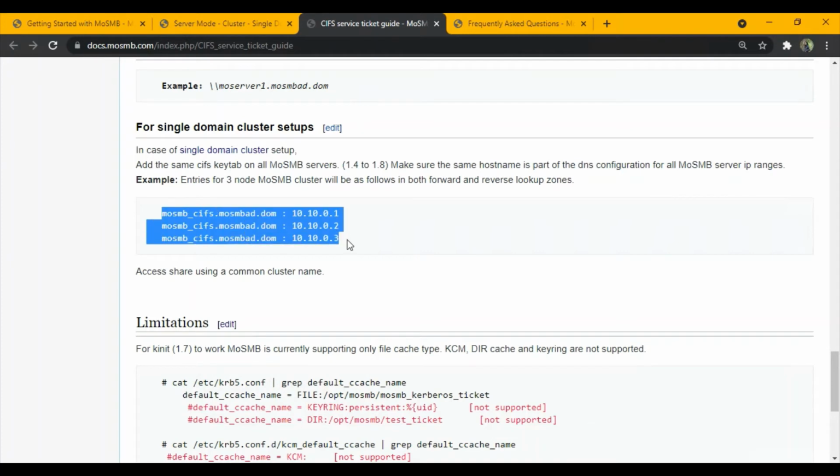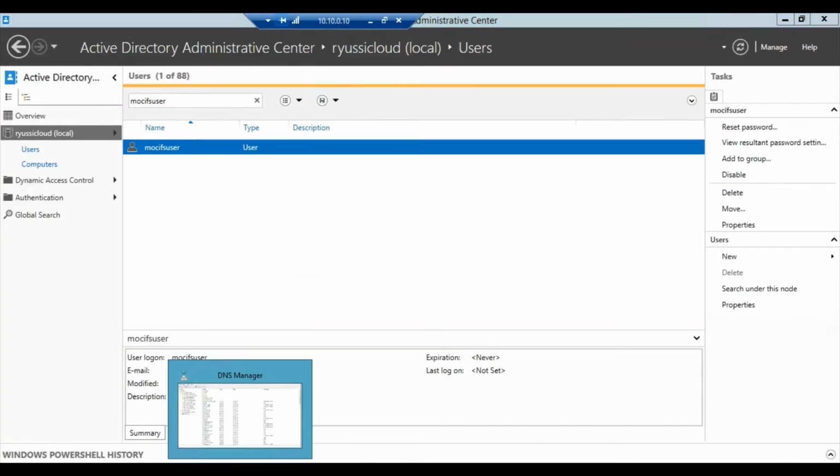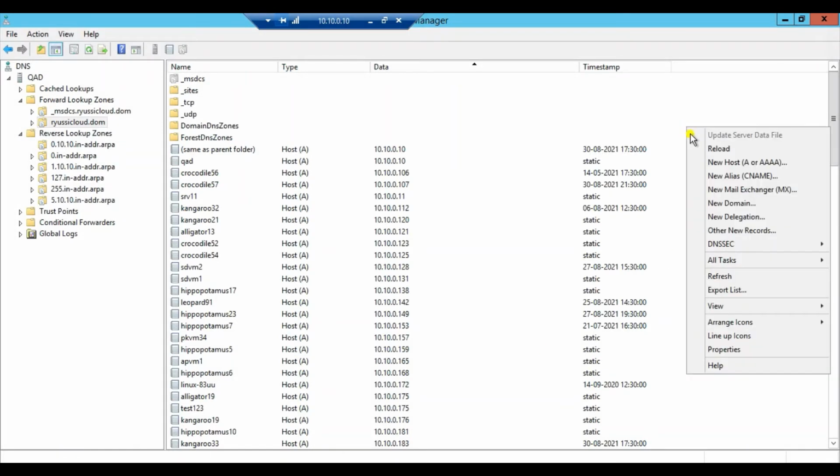Similar to the following example, we will go to our DNS manager, and here we will add an entry, new host,